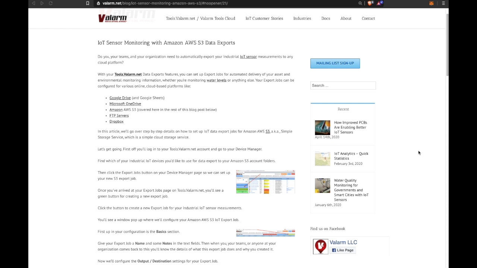With tools.valarm.net's data exports features, you can set up export jobs for automated delivery of your assets and environmental monitoring information. Whether you're monitoring water levels, flood warning systems, or anything else, your export jobs can be configured for various